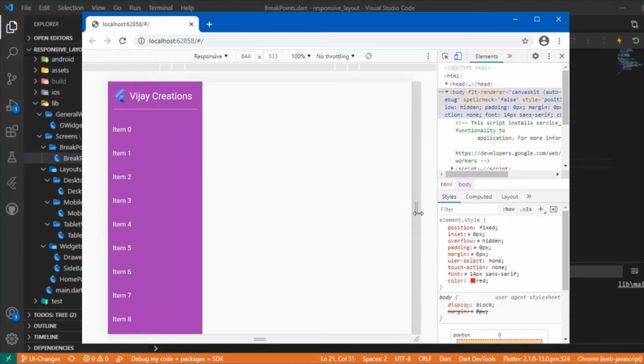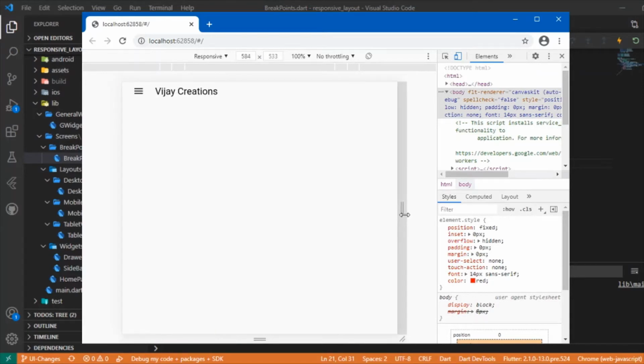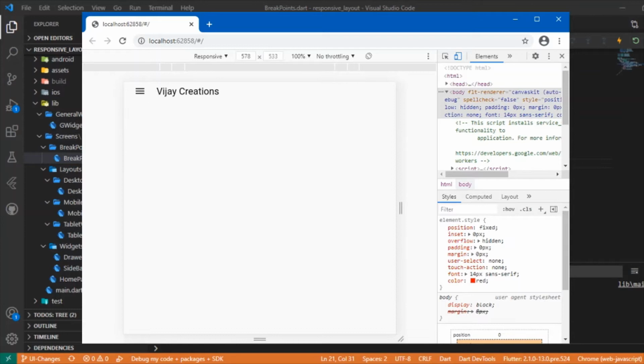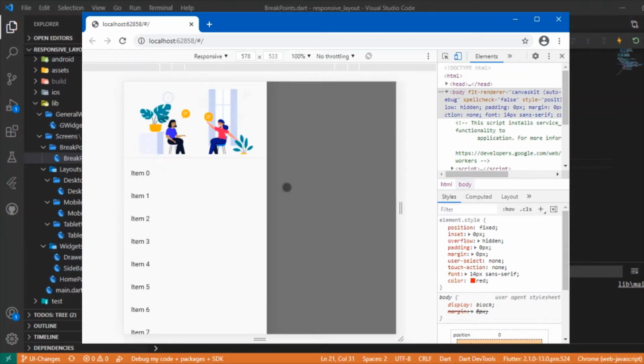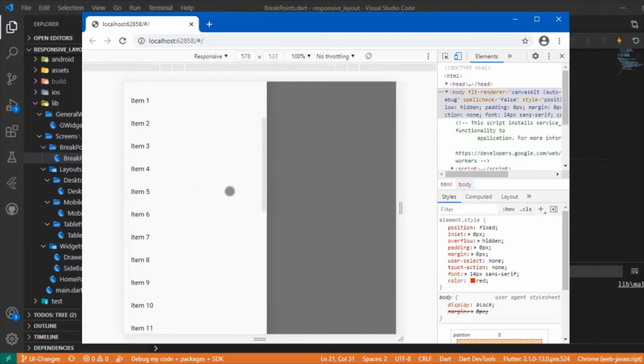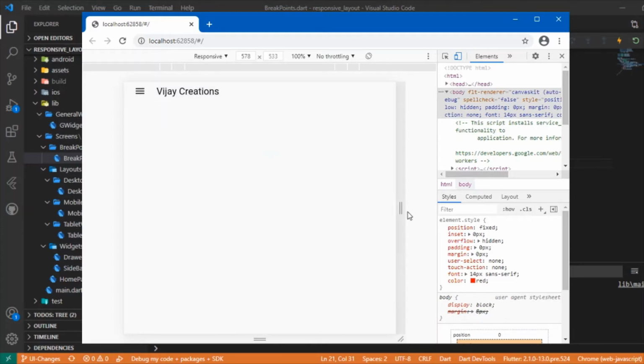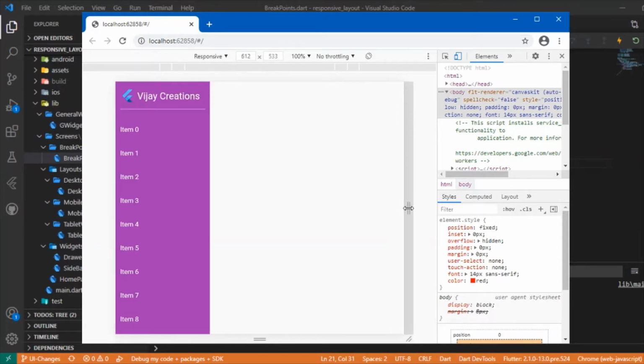And if you pay attention, as I reduce the width of the device, you could see that the sidebar disappears and we get a drawer, right? This is what we'll get when the same app is viewed on a mobile. If I again enlarge the width, you will be able to see the sidebar.